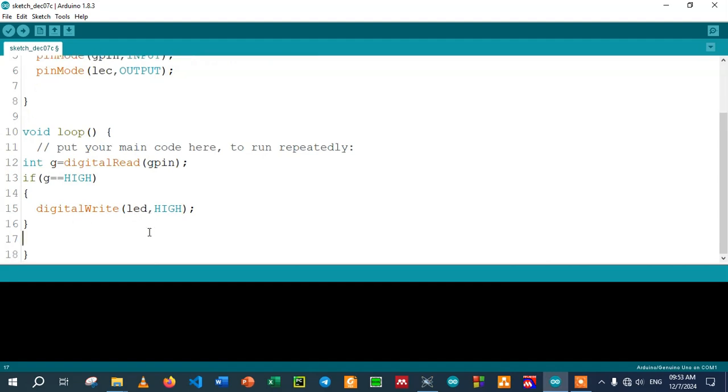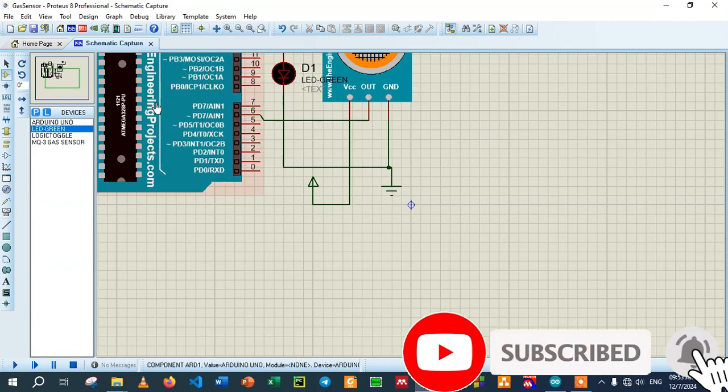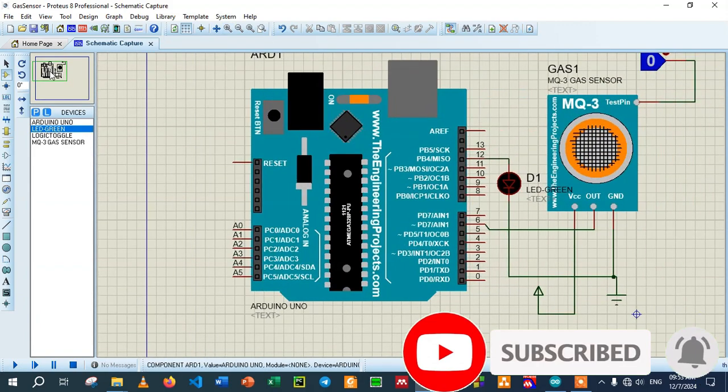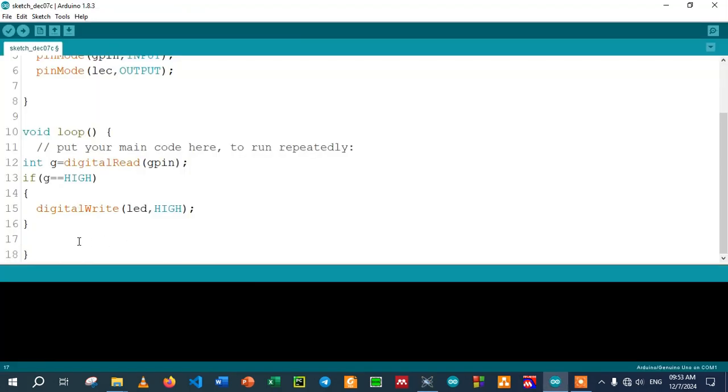Otherwise, if it's not detected, that means this toggle button is not pressed, else digitalWrite LED, LOW.